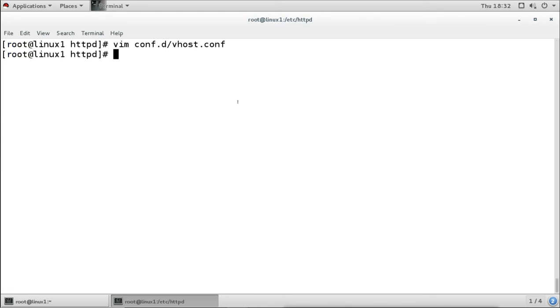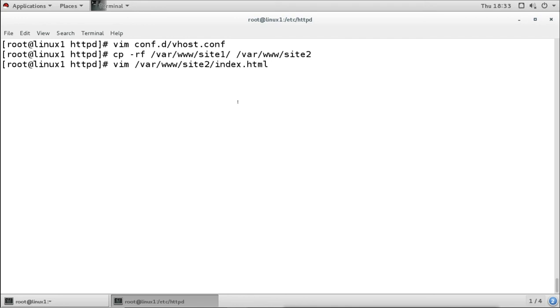Then what? I have to create the directory. Now I have already created the directory, so I will copy the directory with the whole files, and this time the directory name will be site2. I did this because I want to copy the index file also. So the index file is also created under the site2 directory, and this is the index file.